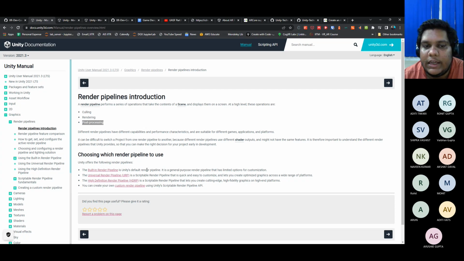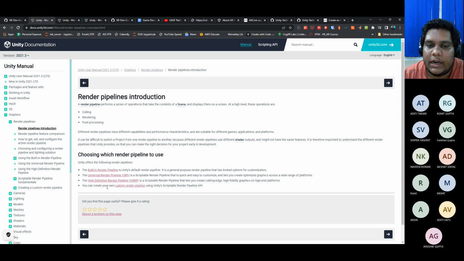Unity and other game engines introduced scriptable render pipelines. Before scriptable render pipelines, you did not have the ability to change the rendering behavior on your own. Now you can create your own render pipeline. It says in the very end that you don't have to use these three only, you can also create your own.